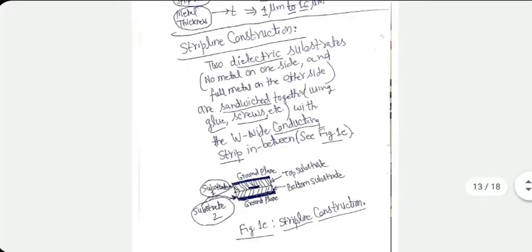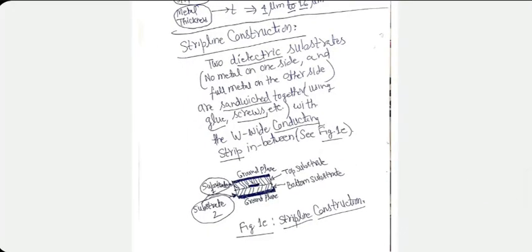I showed you that the construction of a strip line looks like this in the cross section. In practice, we take two different dielectric substrates with copper on one side, and on the other side of one of them, you deposit the strip. Then you bring the other one, which has no strip on it, on top of it, and use glue or screws to tie them down together. This is how we do it normally. Again, you don't have to worry about it too much in this course, but I thought it's nice to know all this.